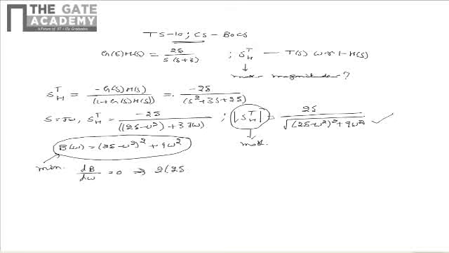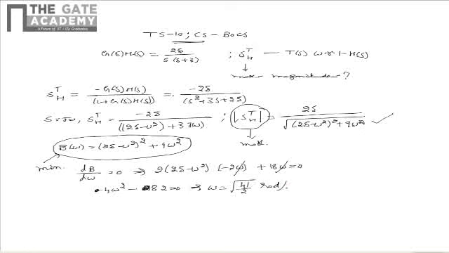Upon doing the same, we see that 2 times (25 minus omega square) multiplied by minus 2 omega plus 18 omega is equal to 0. From this equation, upon cancelling the omega, based on the assumption that the angular frequency omega is not equal to 0 radians per second, we see that this equation can further be simplified as 4 omega square minus 100 plus 18 is equal to 0, and upon simplifying the same, we see that omega is equal to square root of 41 by 2